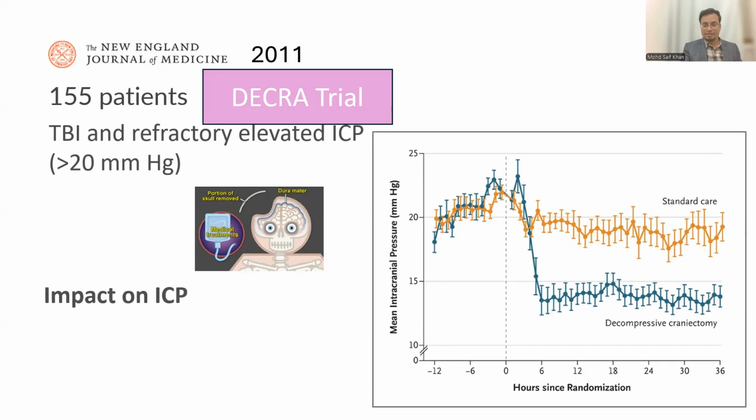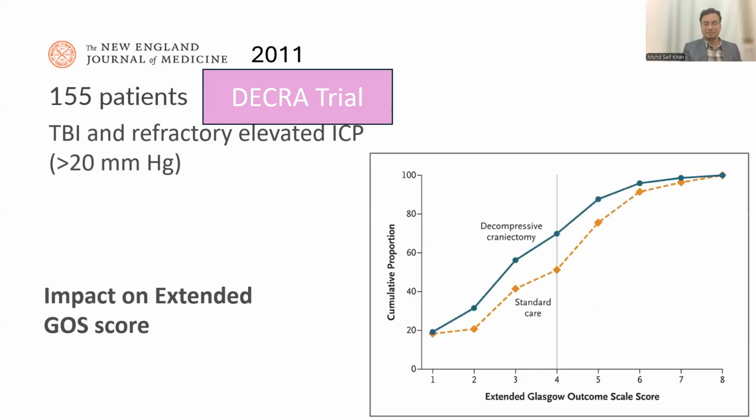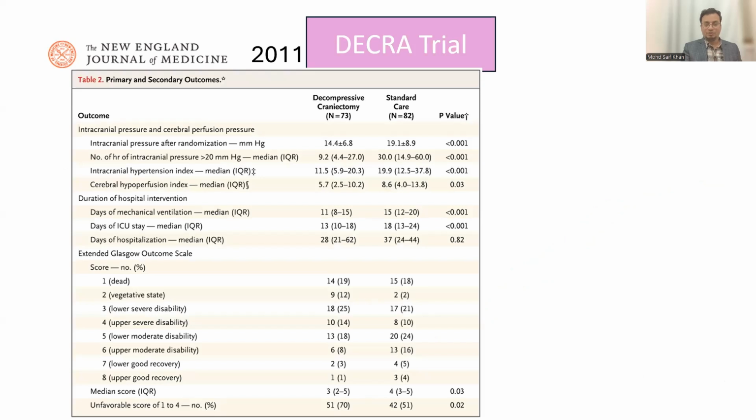So this trial included 155 patients, and they showed that the mean reduction in ICP was significantly greater after decompressive craniectomy, as you can see in this figure. However, the median GOS-E score at 6 months was worse with craniectomy patients. It was actually worse, as you can see in this figure also. And in this table, you can also observe that the results of the trial were somewhat unanticipated. So the DECRA trial showed that decompressive craniectomy was able to reduce